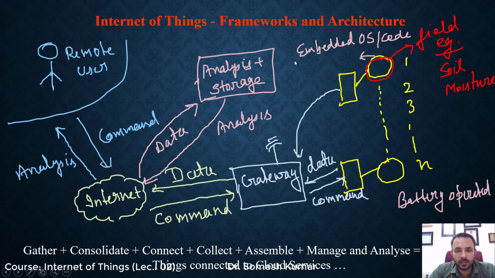Now here the analysis is done on this data, meaning this unit sends the final useful data to the remote user. Useful data means there is no use of all this temperature and humidity data, so this unit only provides the end output. The output may be, suppose the soil needs water, meaning there is very low soil moisture, so it sends the report, or the analyzed data, to the remote user: so and so field needs irrigation. Fine. So this is the use of the analysis and storage unit.